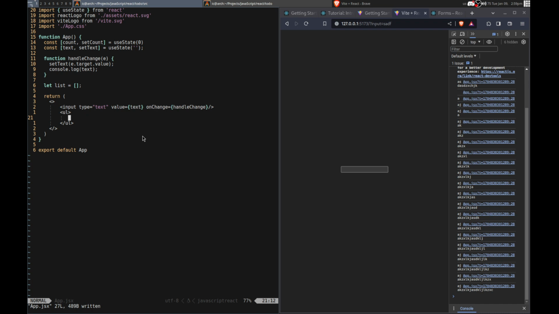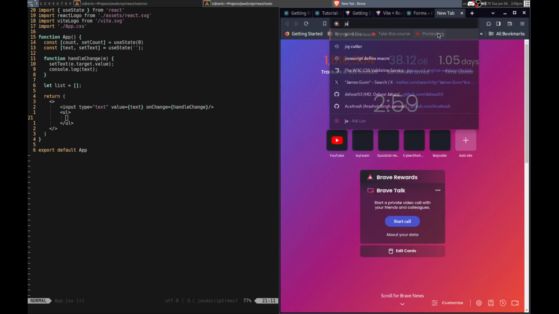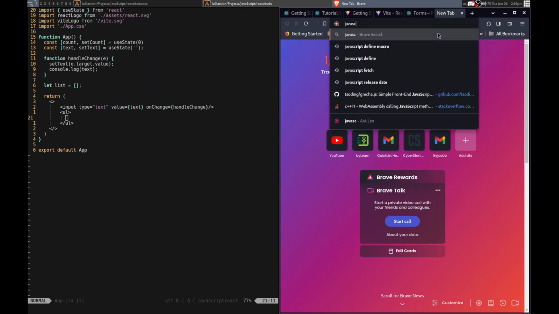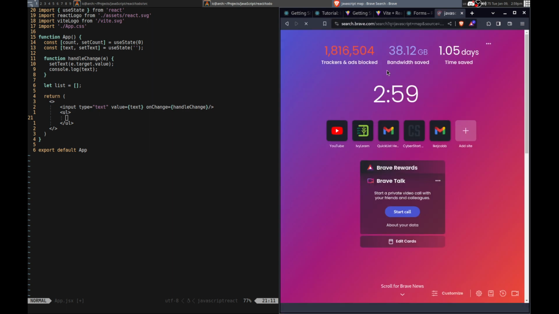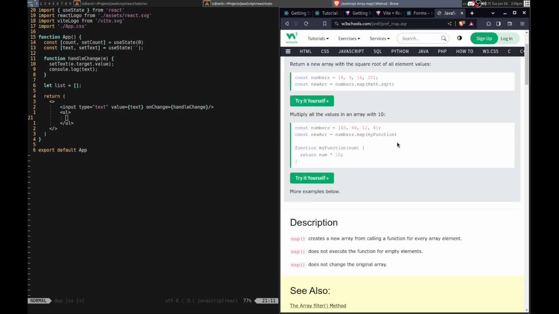okay, so I need to just start by having this equal. I need list.map or something like that. JavaScript map. I don't remember how to use it. Map.